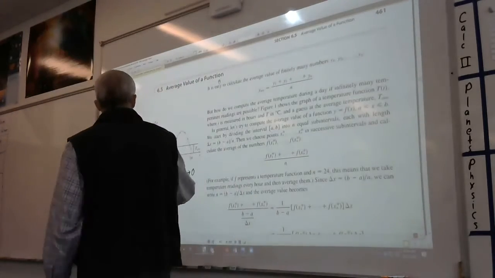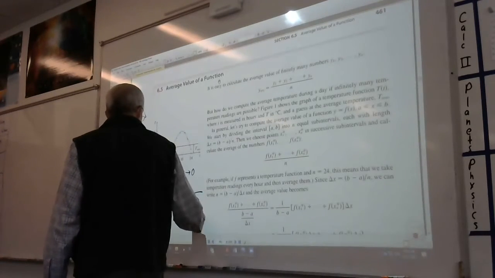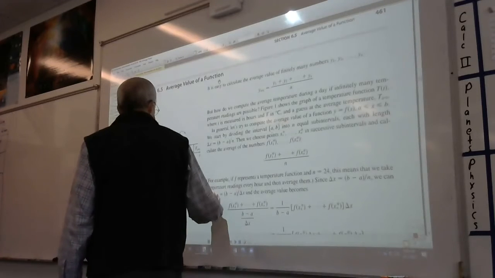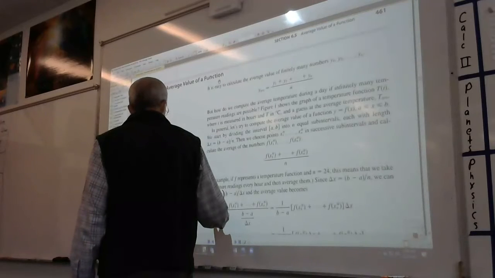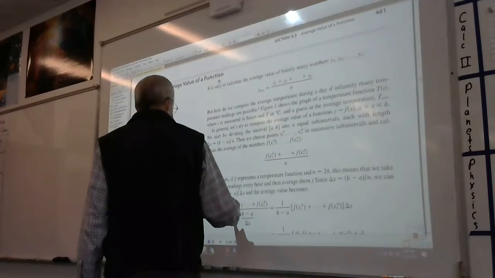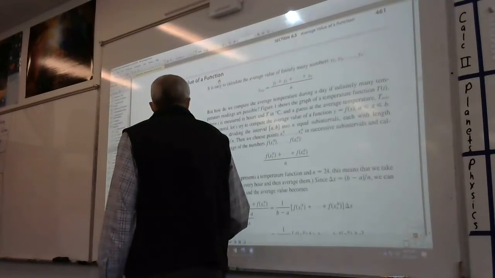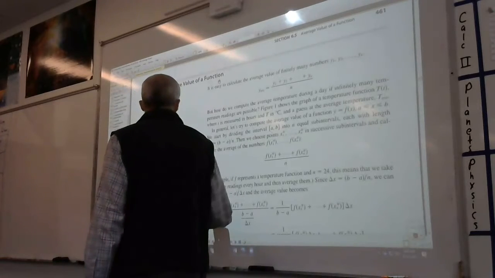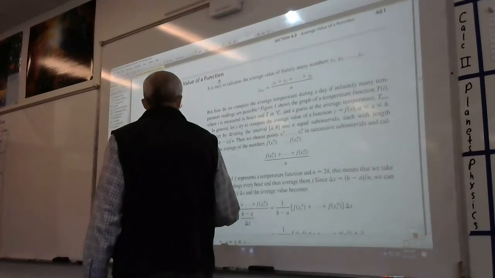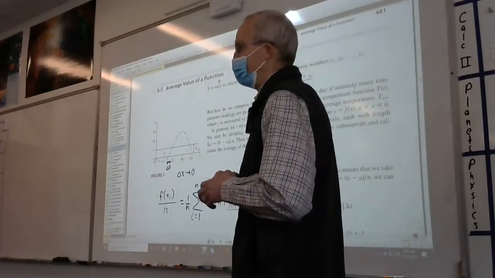So then, this is my x of i. So of course, if we put that at n, it's the sum from i equals 1 to n of the function at each i value divided by n. That's really all it is. So we just take a lot of points. I can put the 1 over n out there. Function at each i, so we take the function divided by how many there are. And then, of course, as n goes to infinity,